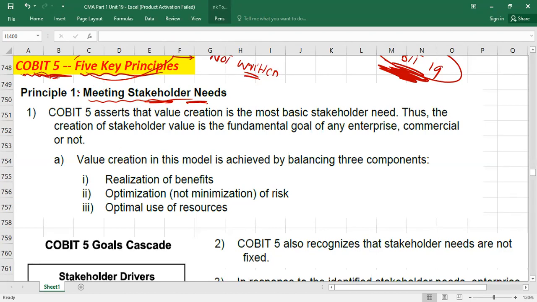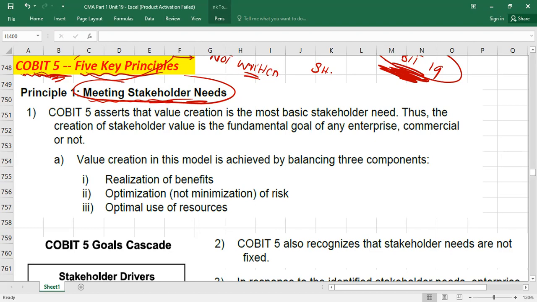Cobit says, under the Cobit 5 model, our primary purpose is to meet the stakeholder needs. So what are stakeholder needs? For example, if stakeholders are shareholders, what are their needs? Obviously, they want an increase in stock prices. They want dividends from you. If the stakeholder is the government, let's assume a regulatory authority, what do they want from the company? They want compliance with laws and regulations. If the stakeholder is the tax authorities, what do they want? They want timely collection of tax from you, right or wrong.